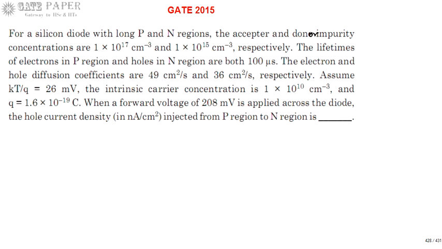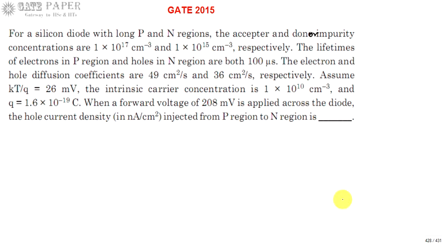For a silicon diode with long P and N regions, the acceptor and donor impurity concentrations are 10 power 17 and 10 power 15 per centimeter cube. The lifetimes of electrons in the P region and holes in the N region are both 100 microseconds. The electron and hole diffusion constants are also given, 49 and 36. When a forward voltage of 208 millivolts is applied, find the hole current density injected from P to N